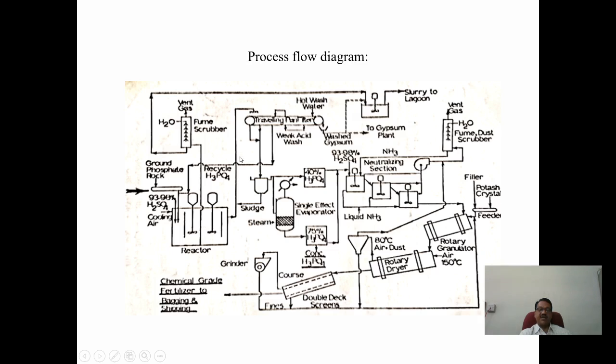This mixture is taken to a traveling pan filter press where the phosphoric acid is separated from the hydrated calcium sulfate. The hydrated calcium sulfate is obtained as a filter cake which is washed with hot water to separate the entrained phosphoric acid in the filter cake. The filter cake is washed and used in the production of gypsum, or it can be discarded